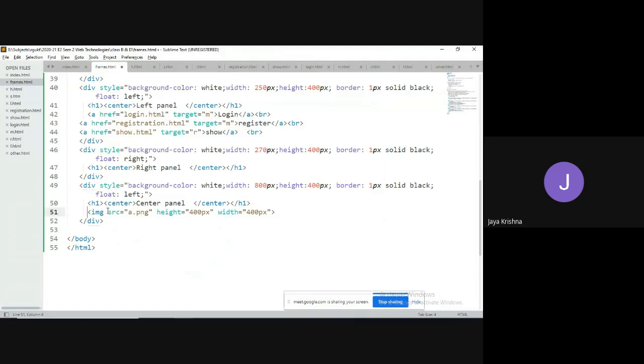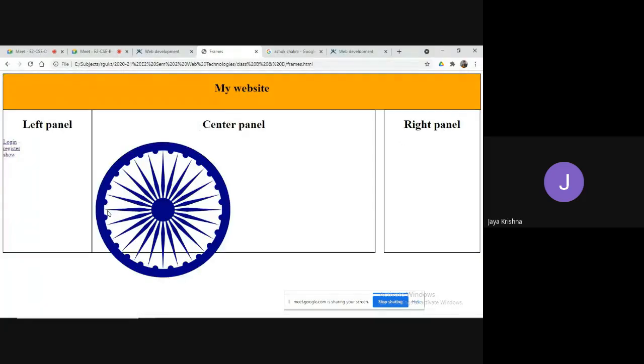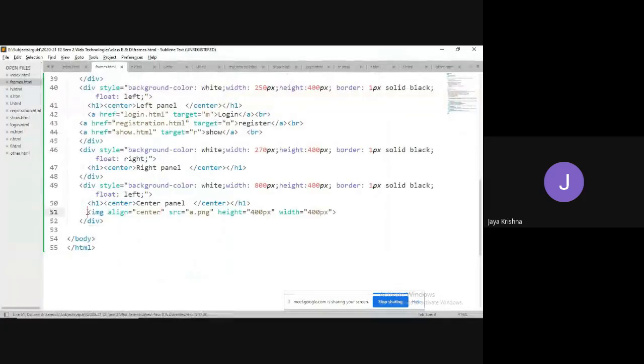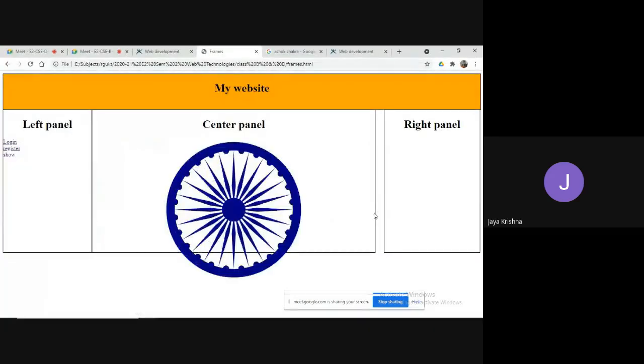I can use align to the center. Align equal to center. It is not floating. Okay, if any properties are not applying here, we can do it with the help of the CSS concept somewhere.